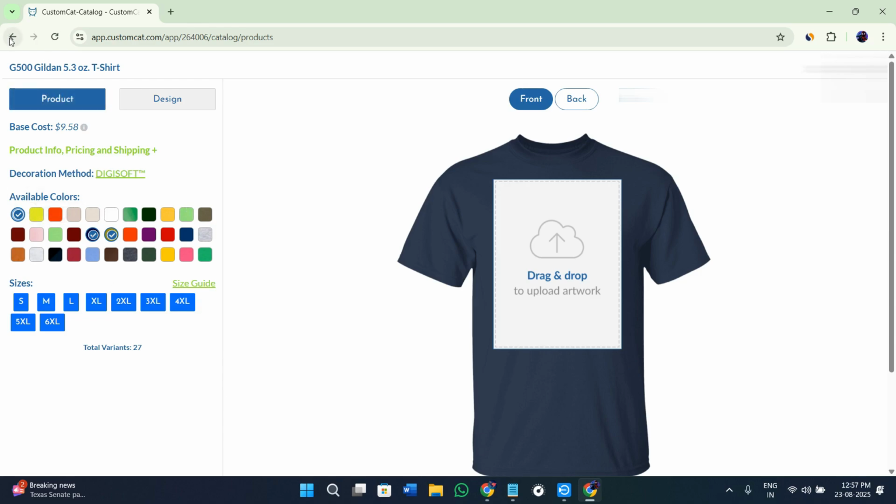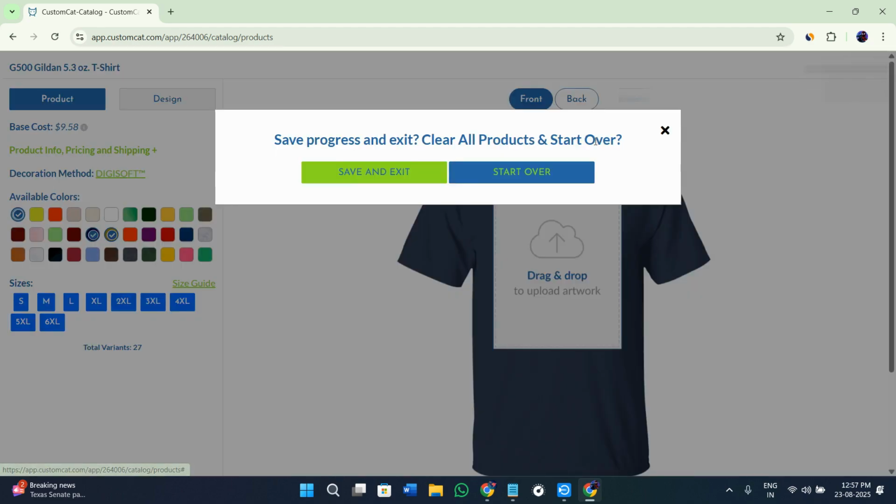So once you have done that, once you are publishing the product, you need to make sure that you add the product related title, description, and the pricing. Make sure that you leave enough margin between your cost and the selling price so that you can earn profits on every order. Now once you are done with it, simply click on the option of publish in the top